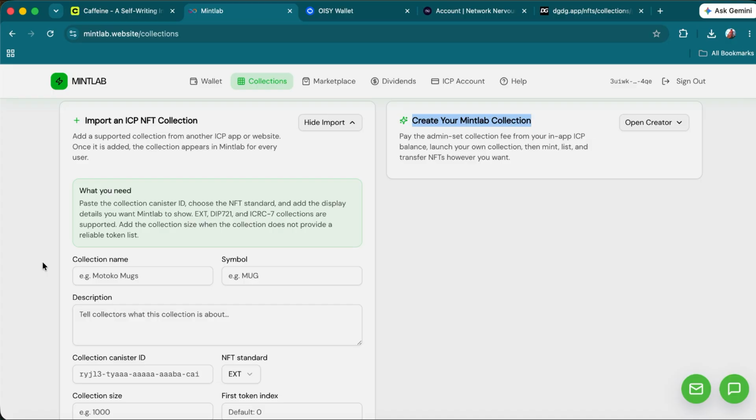Any collection you do import, it's going to go through moderation too whenever you try to list any of the NFTs on the marketplace or anything. They're going to have to be appropriate, and if they're not, the collection as a whole could be blocked from Mintlab. Then it'll not be too fun, but